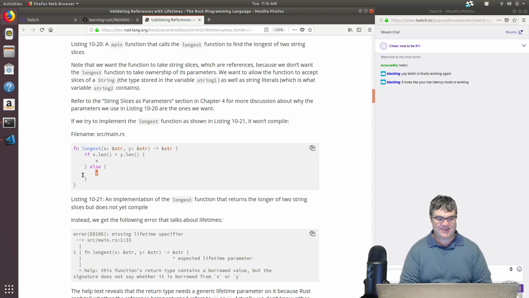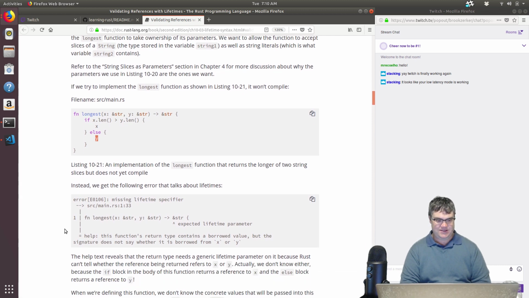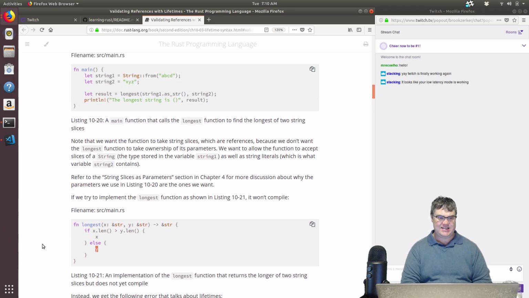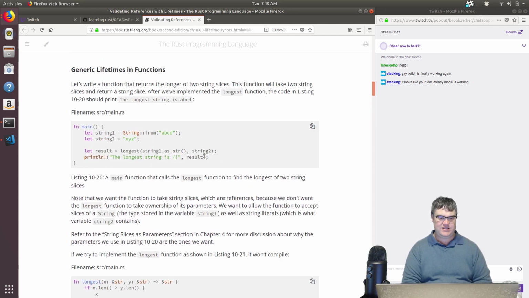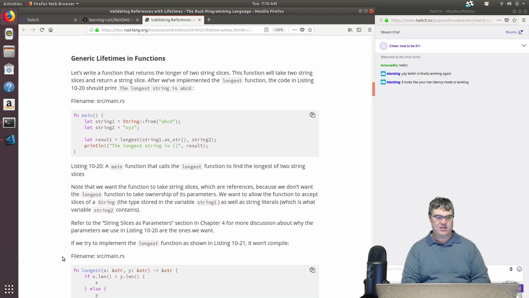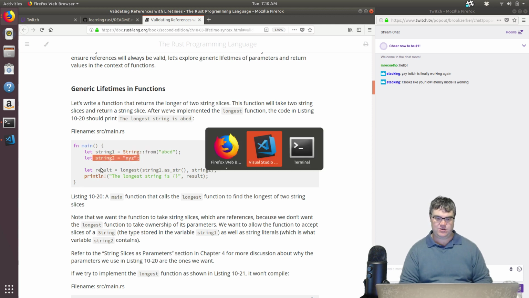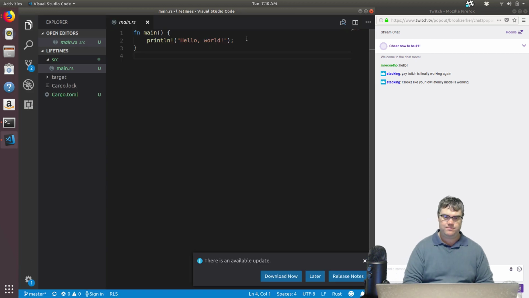Yes, that's good. Instead, we get the following error that talks about lifetimes. So let's go ahead and set this up, which is we're going to write the code that uses longest, and then we're going to write the longest function. So we're going to create one that's a string on the heap, and one that's on the stack. So let's come into here,